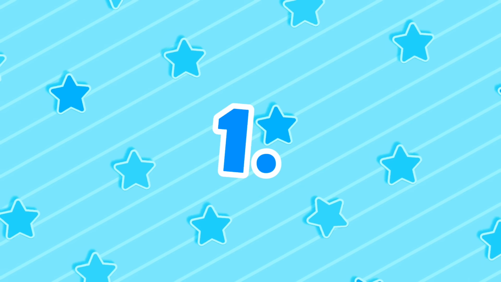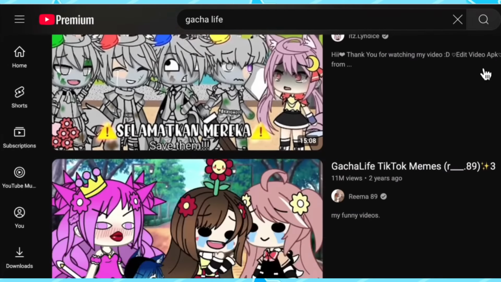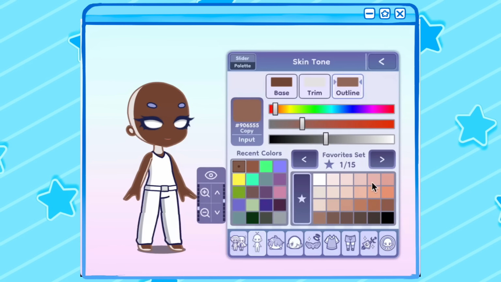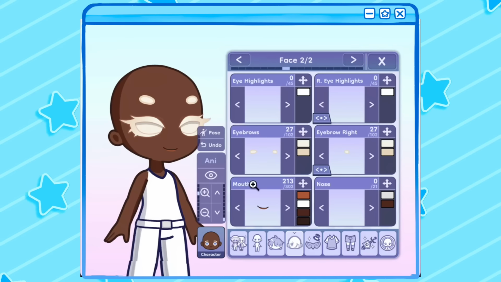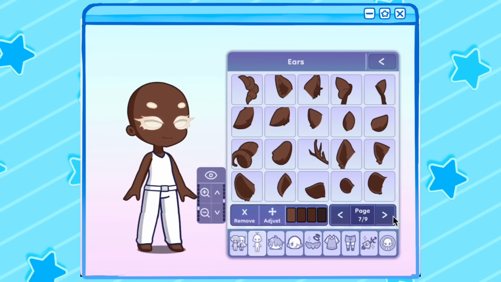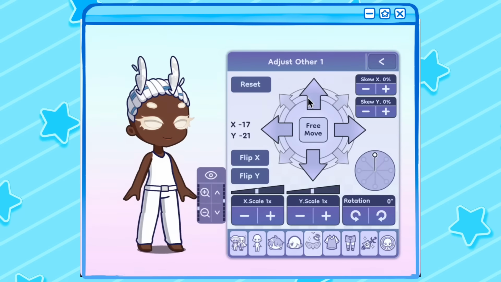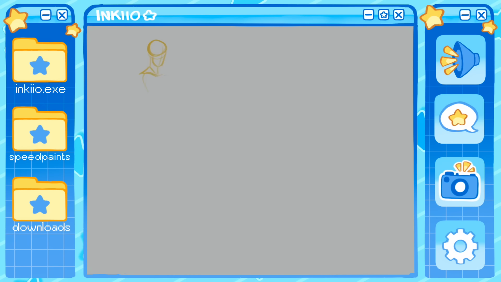Option number 1, Gacha Life. You know them, you love them, Gacha Life videos. But legitimately, Gacha Life is such a good free resource for character creation, and I really wish that I was joking. When I don't know where to start with a design, I actually often open Gacha Life on my phone and just play around with different options without the commitment of having to draw, then erase, then draw again. Even if Gacha Life doesn't exactly capture the vibe that I'm going for, it's a great starting point and often a good way to pick out colors and vibes.